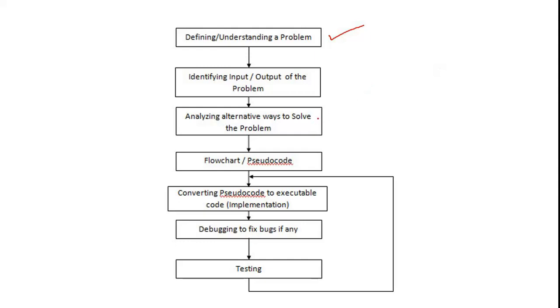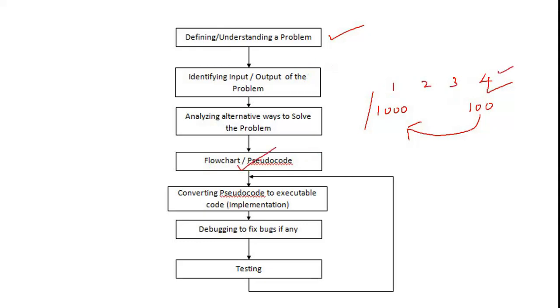You need to think about alternate ways. I don't want a 1,000 line code. If I can write a 100 line code that gives the same output, that is the efficient one. So what are the alternate ways I can solve the problem to get the desired output? Say I have a number of methods, and I prefer the fourth method.